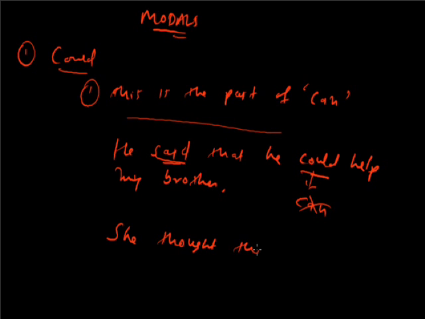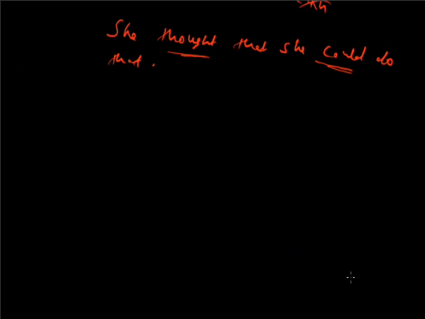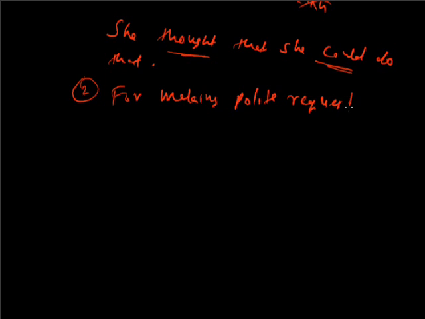One more example of the same. She thought that she could do that. Now, this thought is in the past tense, so here it has to be could instead of can. That's easy enough to be understood. Now, the second use of could is for making polite requests. For example,